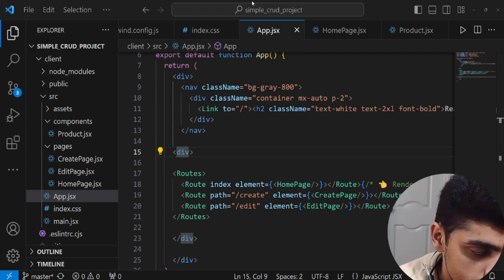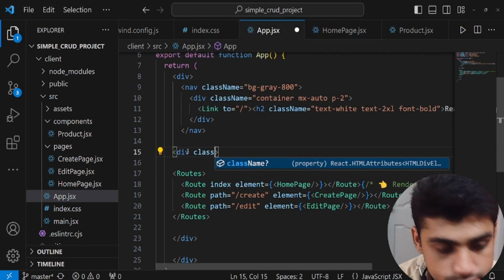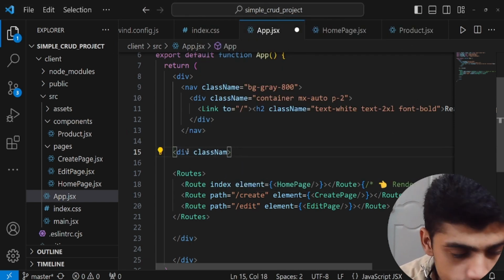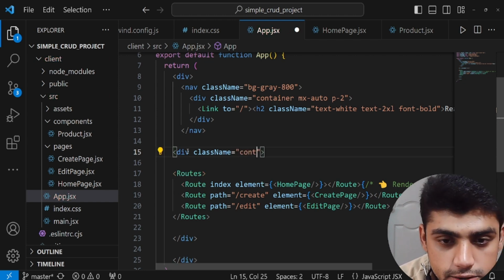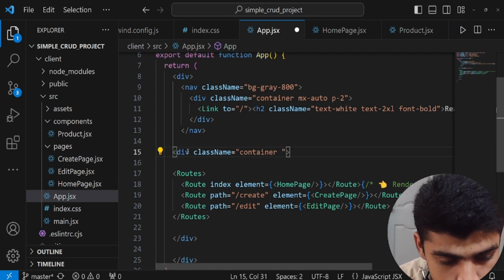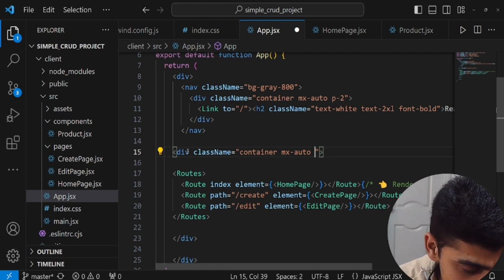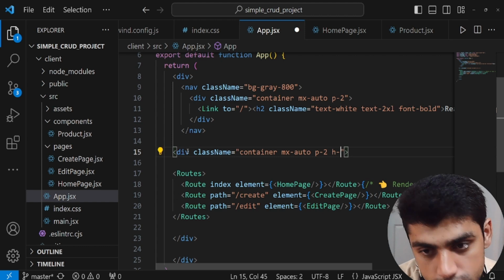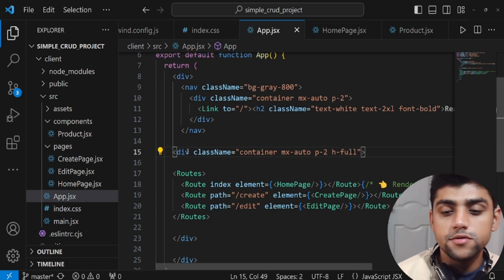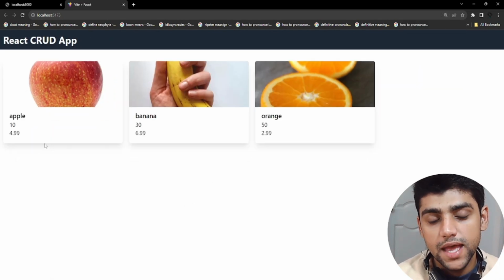So if I go to app.jsx and see myself, it's actually className. And we could have container, which is gonna center it. mx-auto will center it, and padding 2, p-2. And we have full height, h-full. If I do this, you'd see now it's much better. And it's getting better and better. Now let's add the